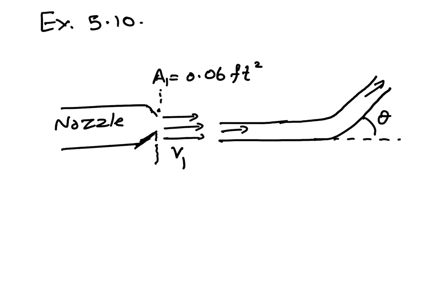So if you consider that the area of the flow is the same, I'll just change my diagram a little. Okay, if I consider this to be also equal to A1 and the velocity is v1, I need to calculate what is the force that is going to act on the vane. Okay,